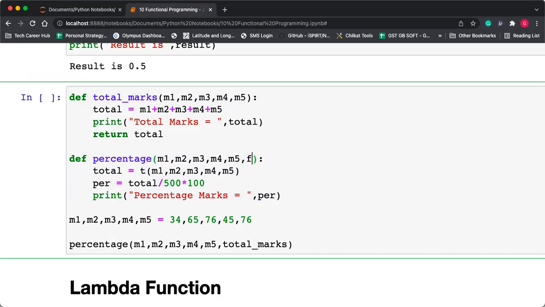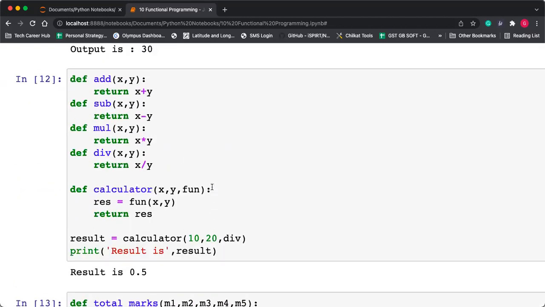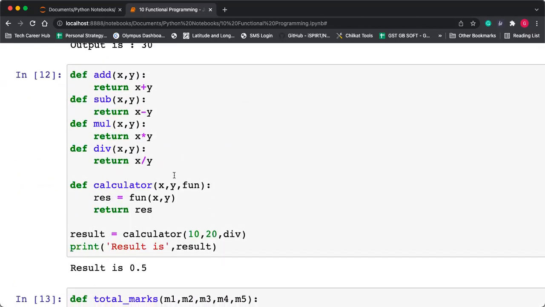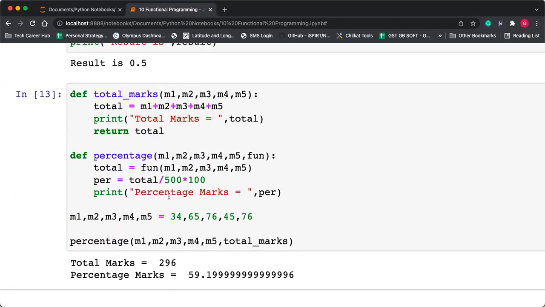Instead of t, let me take the name as fun. So fun will be called, and fun is total_marks. It will calculate the total of all the marks, and then it will calculate the percentage. Let's see, the total marks is 296 and the percentage marks is 59 point something. It is the same example I did with the calculator. Here is another example of passing a function as an argument, with total marks and percentage marks.